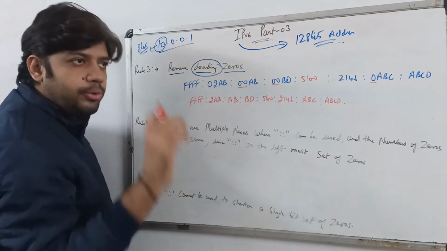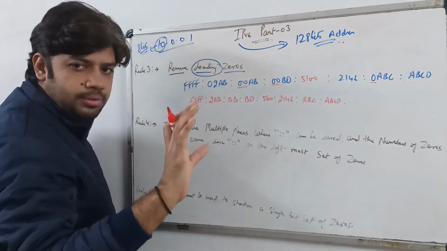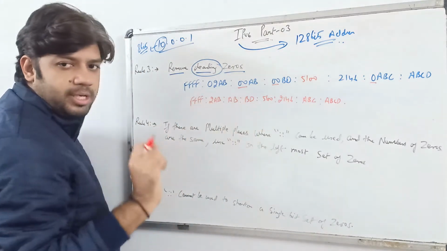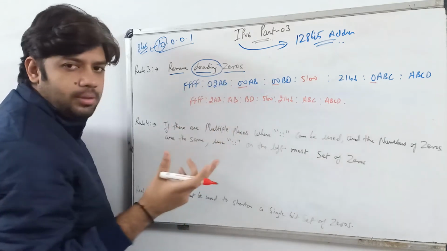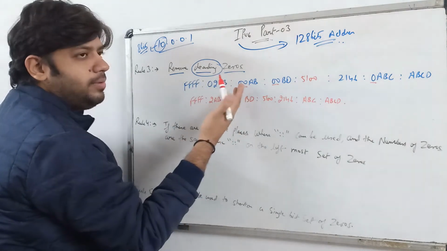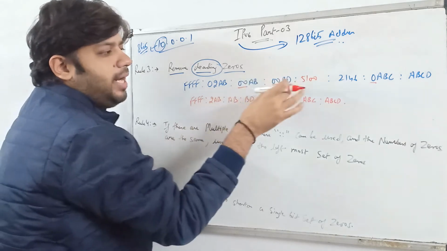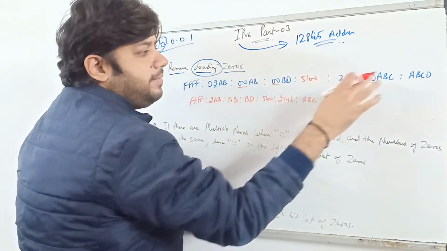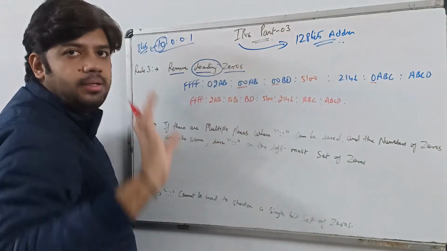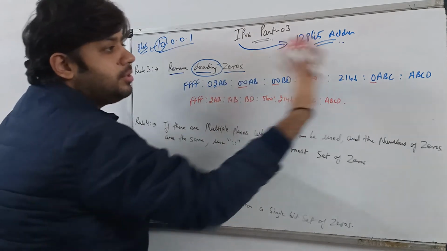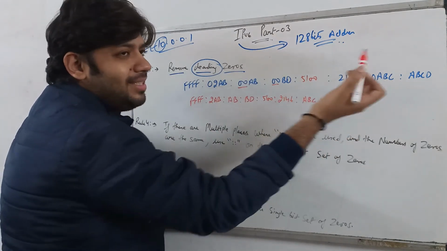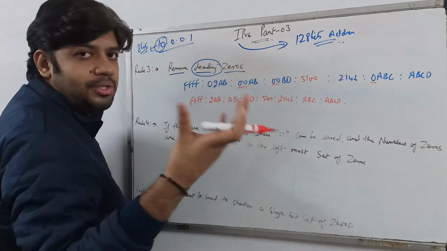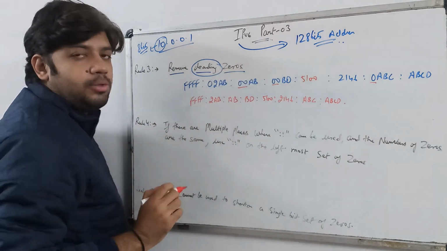So, first rule, you can use double colon if you have consecutive zeros in the segments. Second rule, if you have a larger number of zeros in the segments, then we can use double colon there. Imagine in the second and third segments we have double zeros, and in the 5th, 6th, 7th and 8th segments we have zeros again. So we use double colon for segments 5, 6, 7, 8 because they have more zeros as compared to the 2nd or 3rd segment.